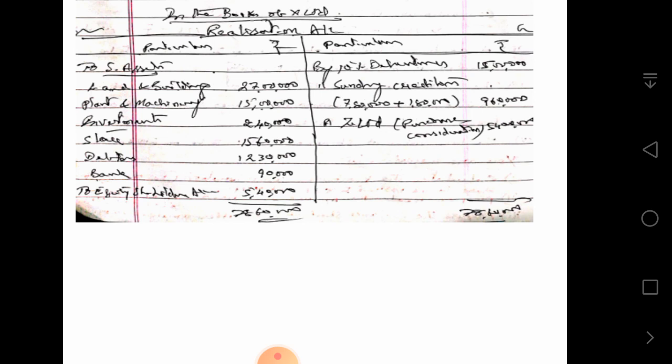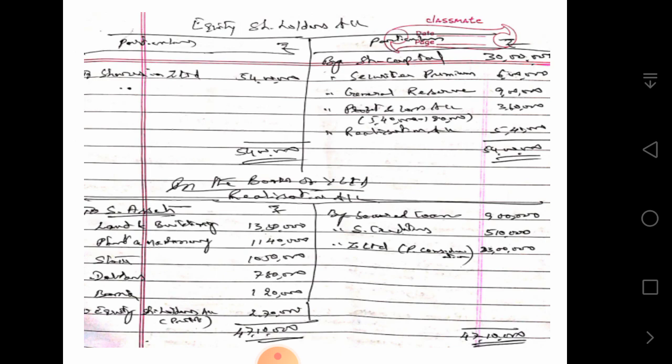That goes to equity shareholders. That is a profit that goes to the equity shareholders account. So they are to be paid 54 lakhs. Actually, their share capital is 30 lakhs. Securities premium is 6 lakhs. General reserve is 9 lakhs. Profit and loss account: actually, 5,40,000 is a profit given, but in that contingent liability of 1,80,000 they lose. So it works out to 3,60,000 and they have realization profit of 5,40,000. So total for 54 lakhs, that is paid in the form of shares of Z Limited. So that equity shareholders account of X Limited gets closed.